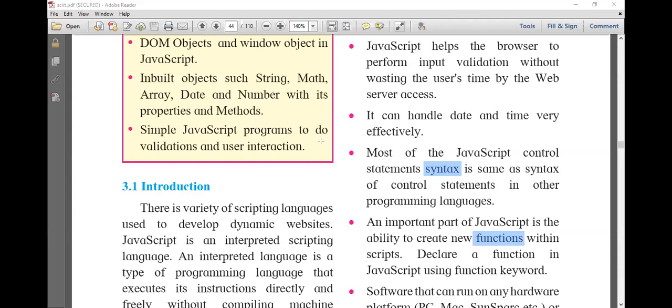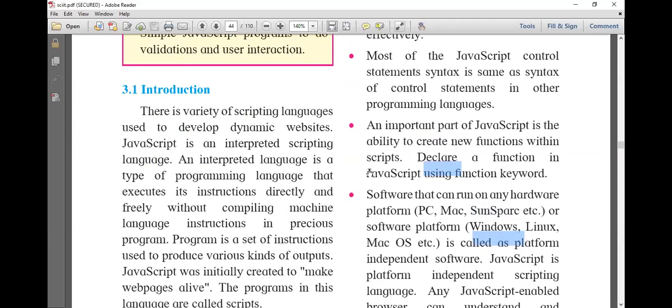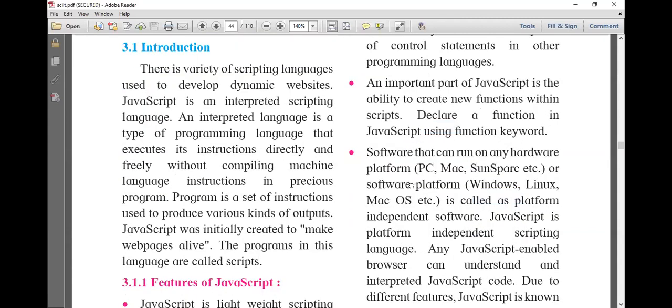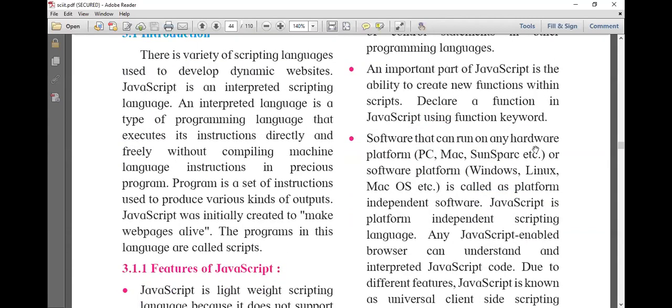Next is platform independent. Software that can run on any hardware platform or software platform is called platform independent.